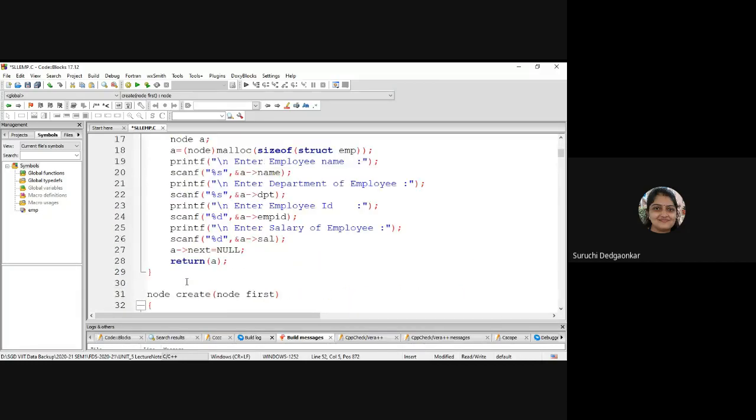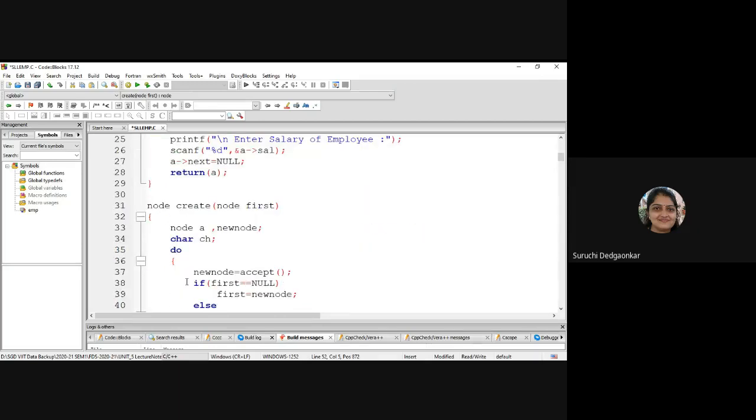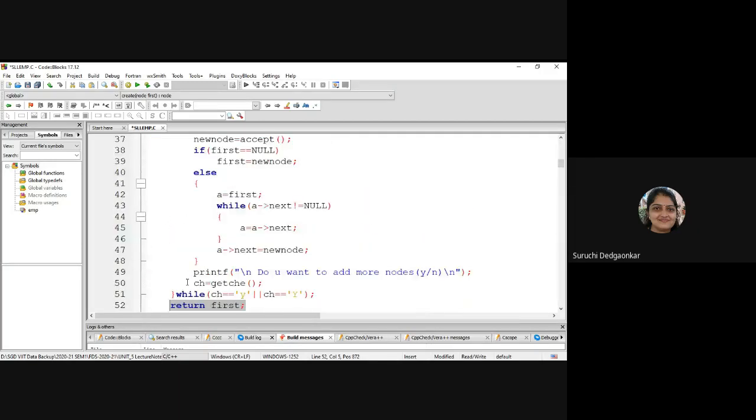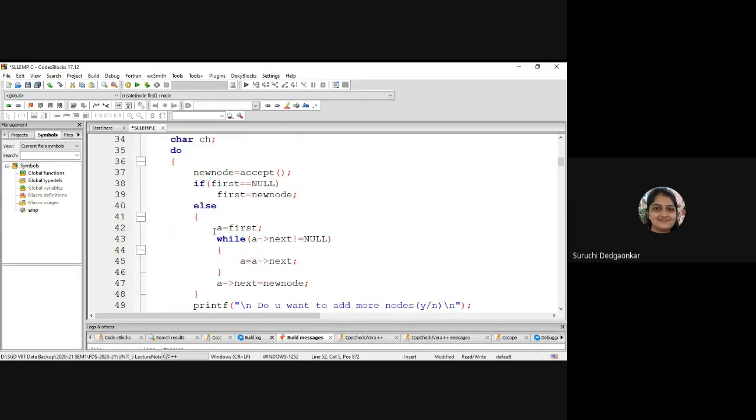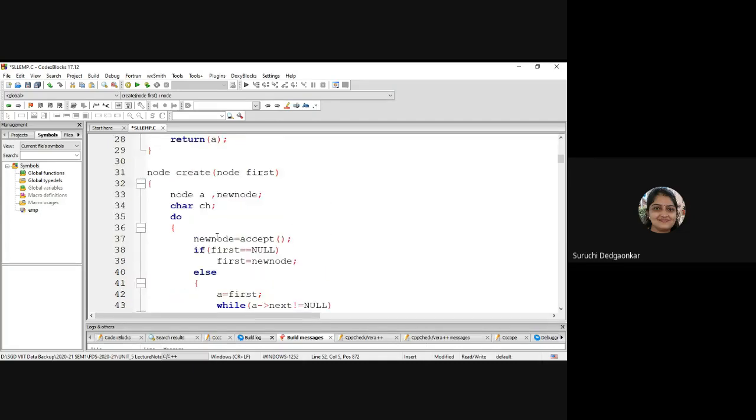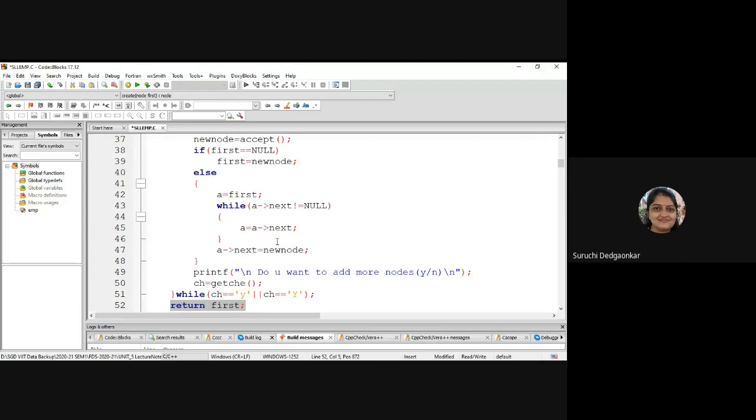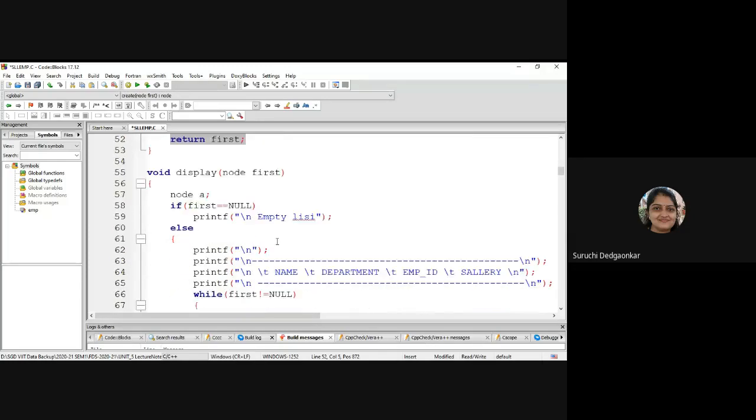Okay, so my suggestion is you work only on these things. Even if you don't take this in the loop, it is okay. You can call this option multiple times. You can call this function as insert end and call that insert end multiple times and check whether it is working properly or not. And the traversal function of this display function,